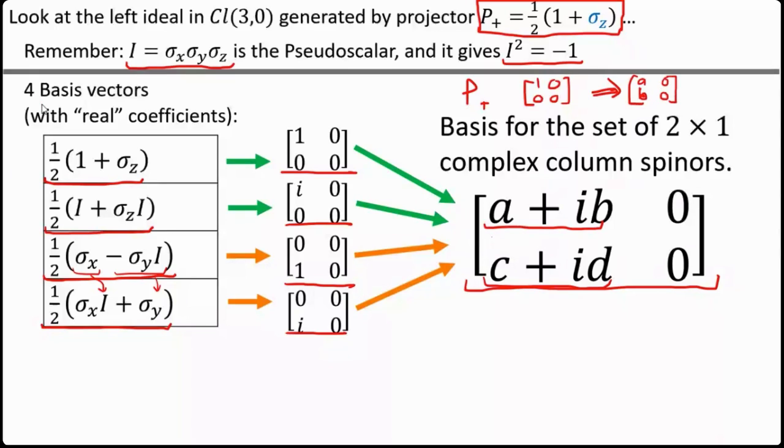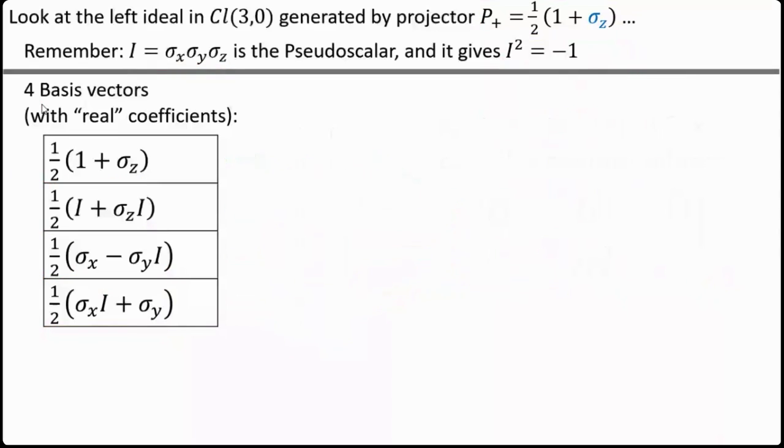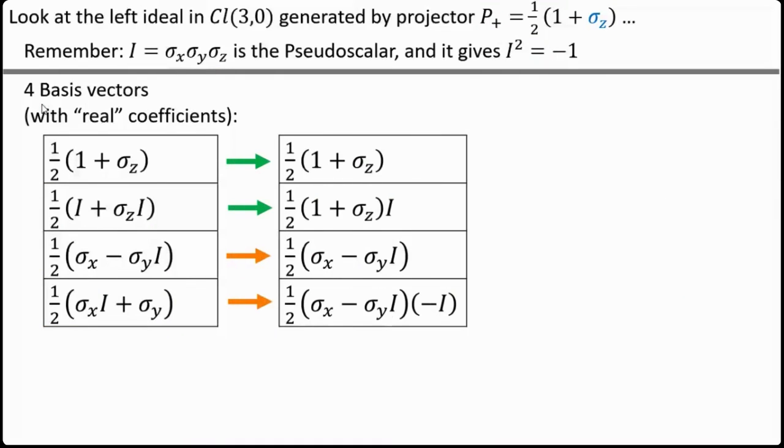So yeah, this is the ideal that P plus gives us. Now, I think this is the part that is really going to bring everything together. Like I said, these two are the same, just with a factor of i, so I brought the i out. And these two are the same, just with a factor of negative i, so I brought the negative i out here. So you could think of this as 4 real dimensional or 2 complex dimensional, where each pair